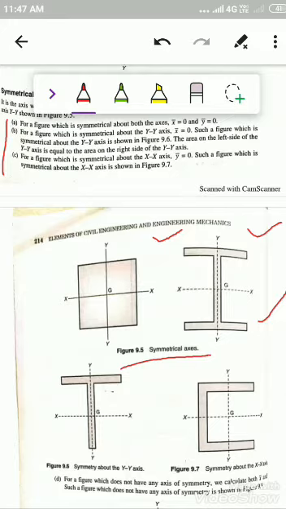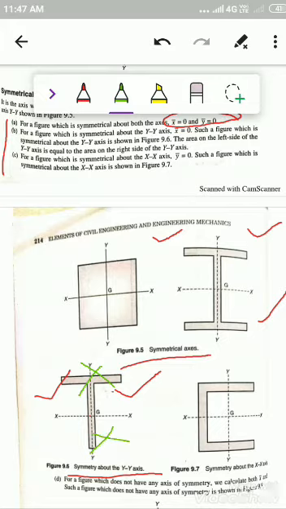You can observe that if it is a symmetrical axis, both x bar and y bar are 0. You can observe these conditions. Clear? Another case is symmetry about the y-axis. You can observe this figure. If you cut this T section, this portion and this portion are the same. So that is symmetric about the y-axis, and it is not symmetric about the x-axis, because it is not the same about the x-axis. Then it is symmetric about the y-axis.